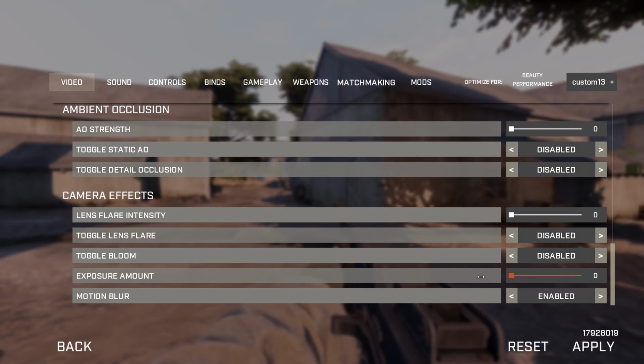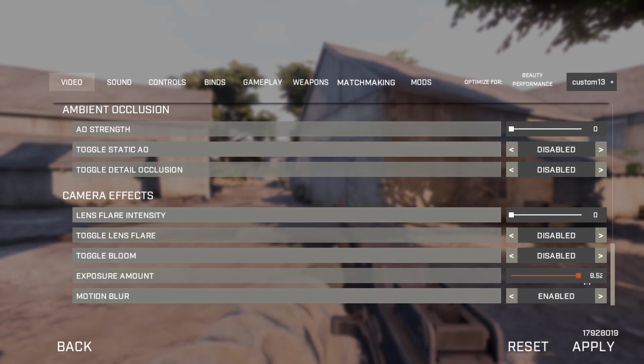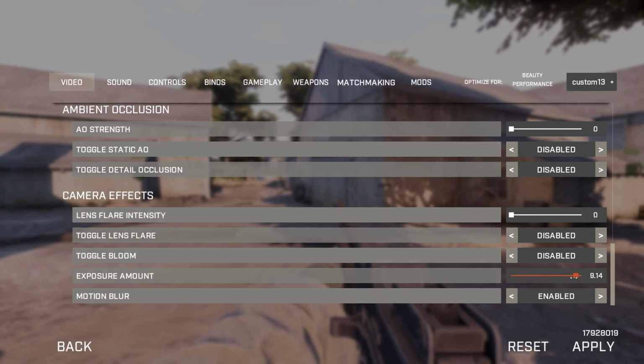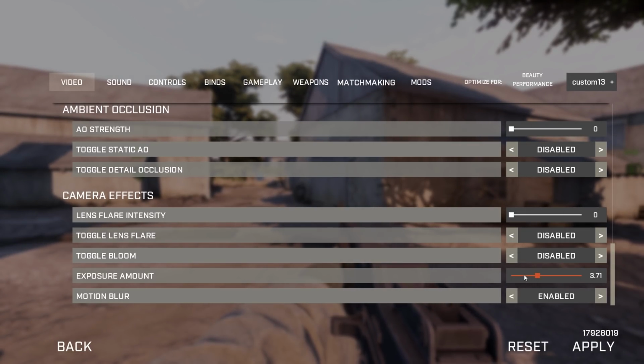This is a fun one, exposure amount. So this is actually like a camera exposure if you think about it like that. That's pretty much what it does. It's not dynamic, it won't change on the fly. You just set like brightness, but again I'll come back to that. Turn that off there. Okay,